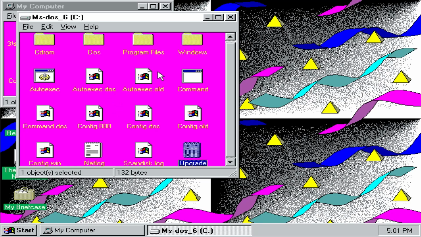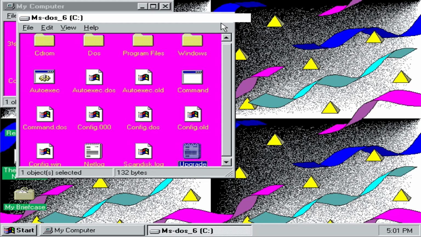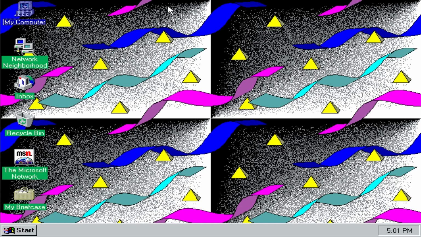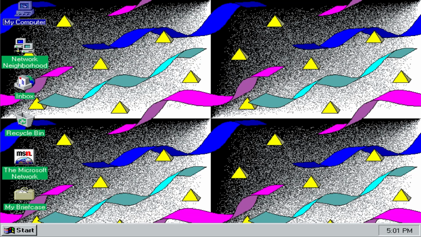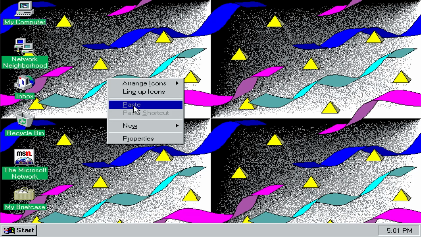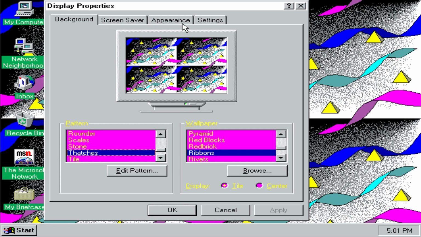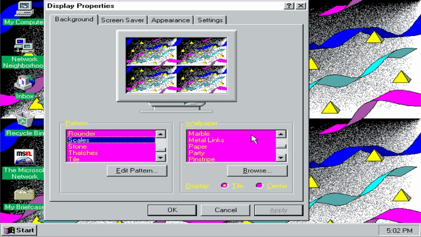Okay, what's in here? Okay, so this is Windows 95 installed at 5 p.m. So just type Windows here. I can see Windows 95 copyright 1995. So the wallpaper is still there. I can still go to the properties. Then the pattern, you can't just change the pattern, like scale something, but so let's use